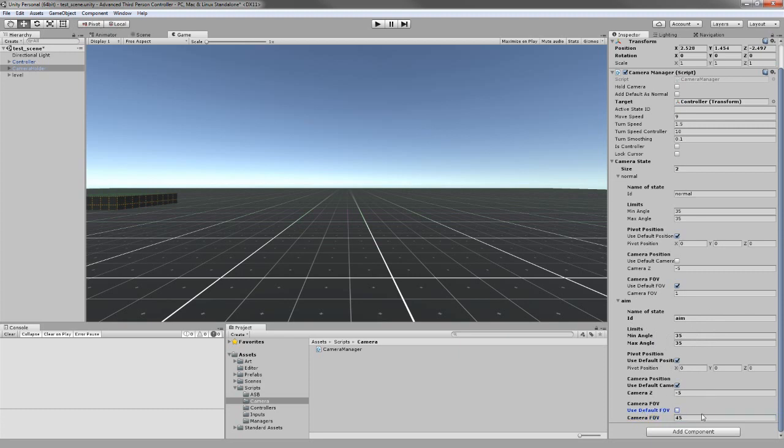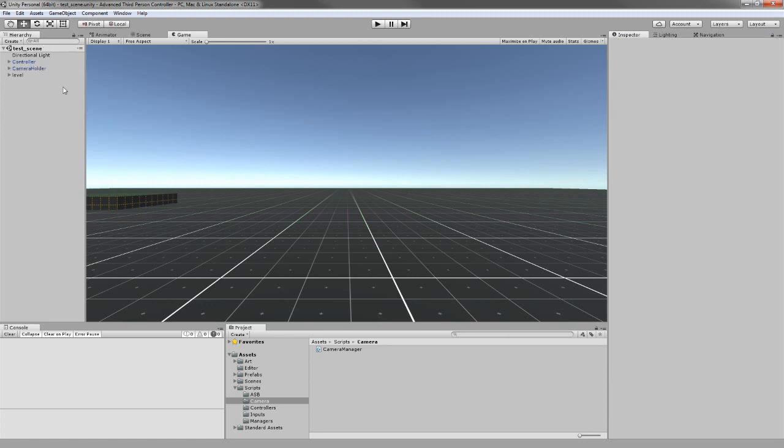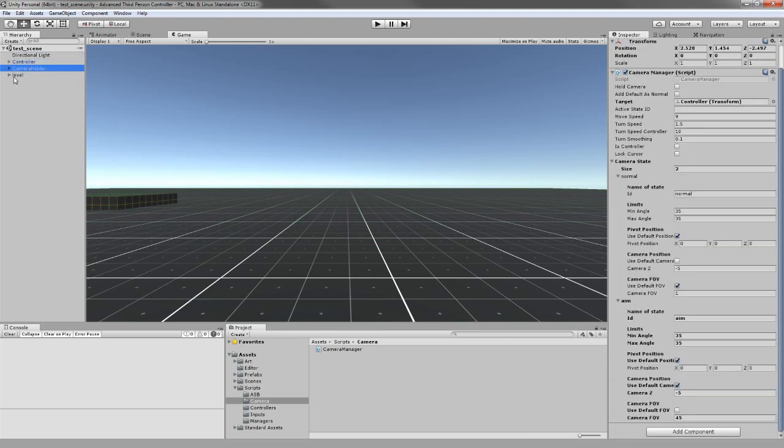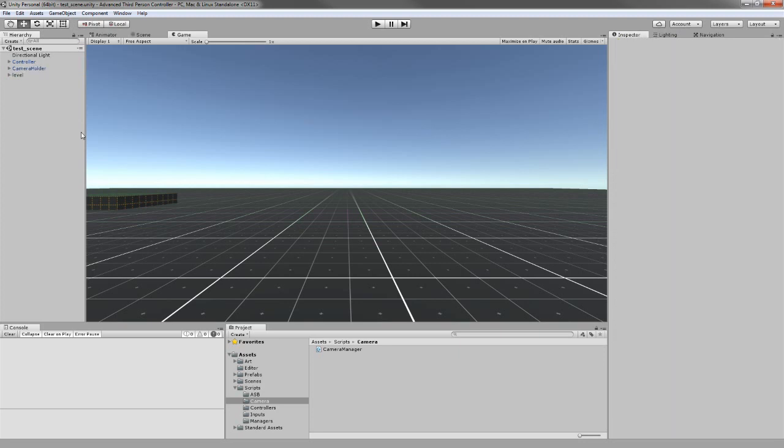You do not want to use the default FOV. If we use the default one, then it is going to override this one. We will see this in a bit. So let's save, and we're done with the camera holder. Again, the rig, pivot, shaker, main camera. Now, for the rest of the scripts,